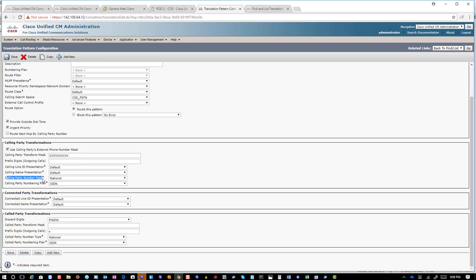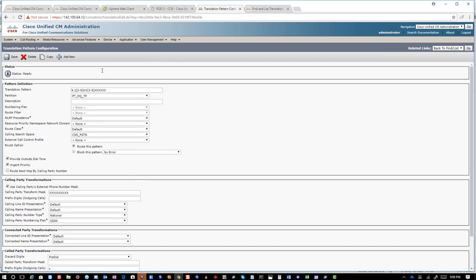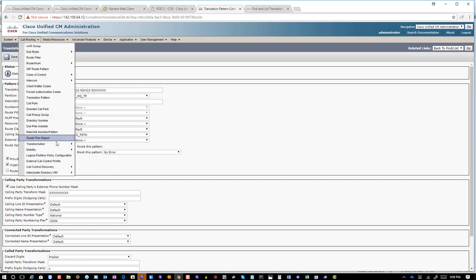We're changing the calling party number type to national. Numbering plan is ISDN, and the discard digit will be set to pre-dot, and we're going to add the plus sign. Again, the same thing, number type and numbering plan. Now once this is created, your next job is to create